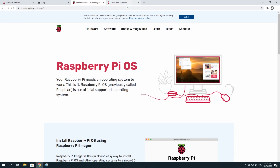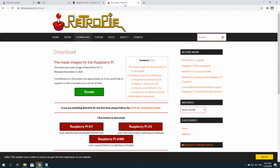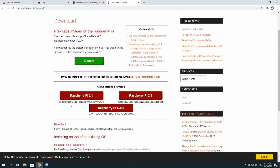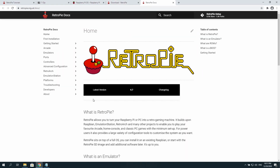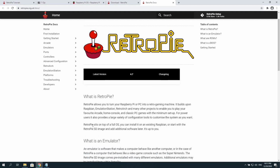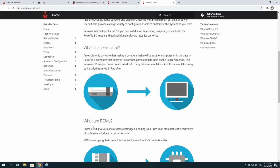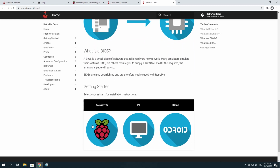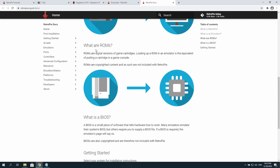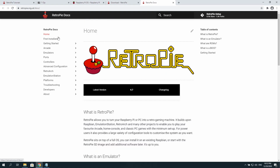And then here's RetroPie, where you're going to want to download this. When you hit the download page, it's going to look like this. You just want to get it for the Raspberry Pi 4. I advise you to read the documentation. There's a lot of good stuff here that could help you out. Some basic knowledge about emulation, what ROMs are, what the BIOS is, and then we can continue on to some other cool stuff like